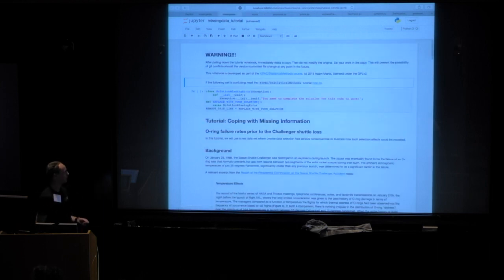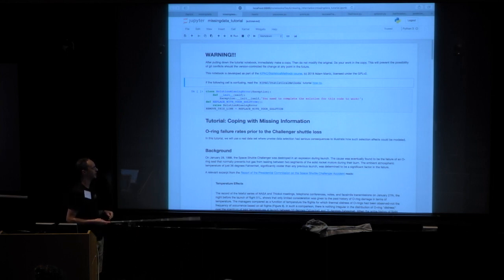The other comment to make, I guess, is that most of the code in this entire problem is given to you. I've only withheld the things that specifically have to do with coping with missing information. So really it just boils down to writing down the likelihood function for the particular situation which is outlined here. And if you run into trouble with that, I think eventually I will push solutions. I threatened not to earlier, but we'll add those.